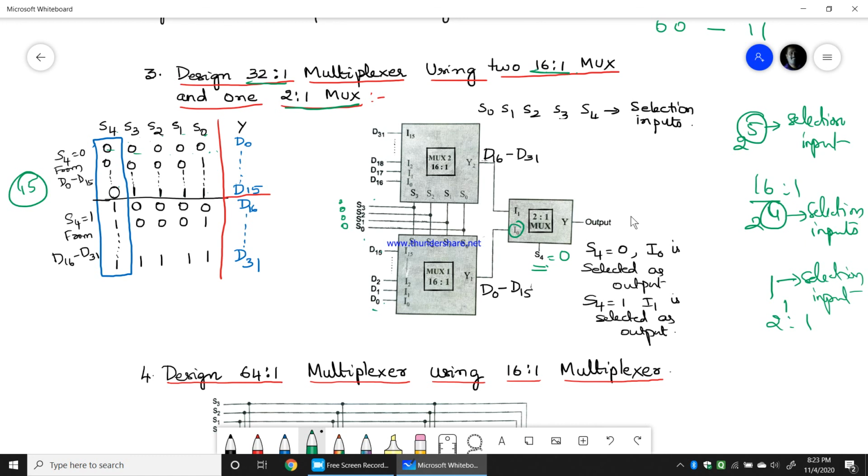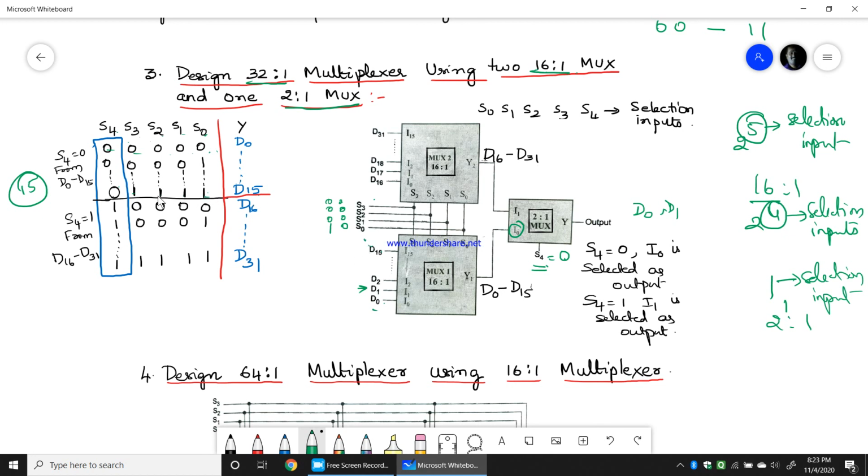As I0 is selected, Y will give you D0. Now S3, S2, S1, S0 is 0, 0, 0, 1. So that will select D1 and S4 is 0, therefore it selects I0 and that will be the output. So this will continue till S3, S2, S1, S0 becomes all ones, where D15 will be selected.